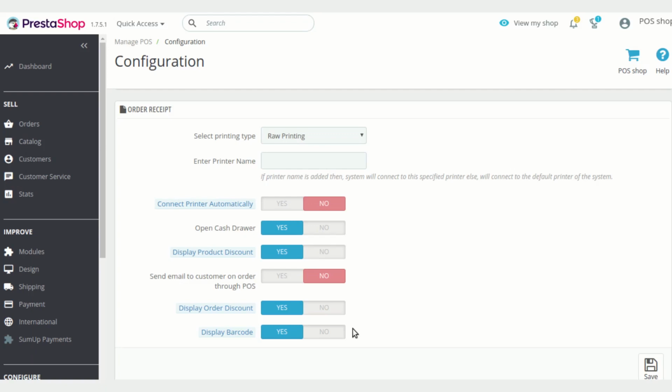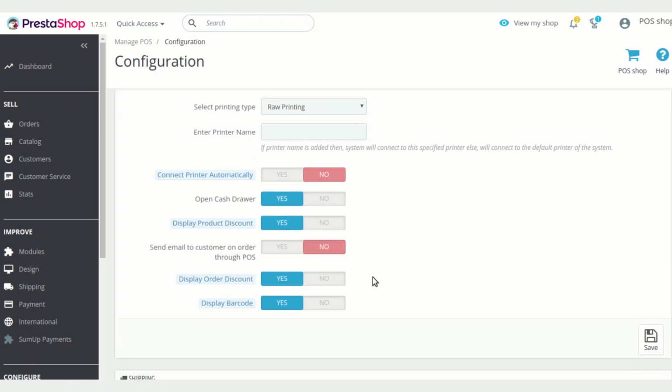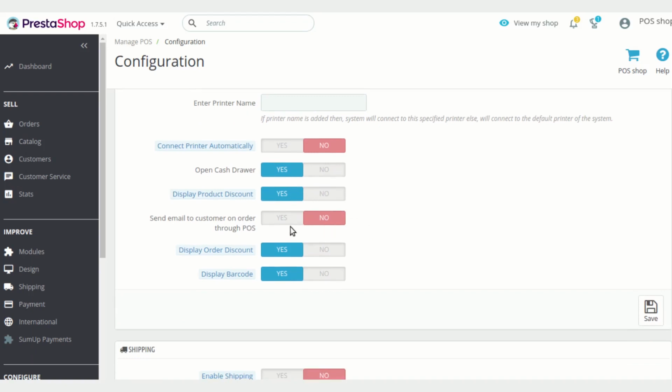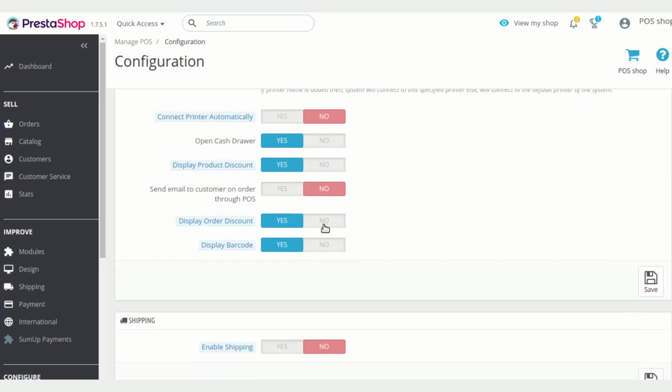Then next option is display product discount. Whether you want to show discounts available on the product on a POS terminal or not, you can configure that too. Then whether you want to send an email to your customers if they go via the POS ordering process, you can configure that. Whether you want to display the order discount or the barcode on the order details or the printing of the order receipt, you can configure that too.